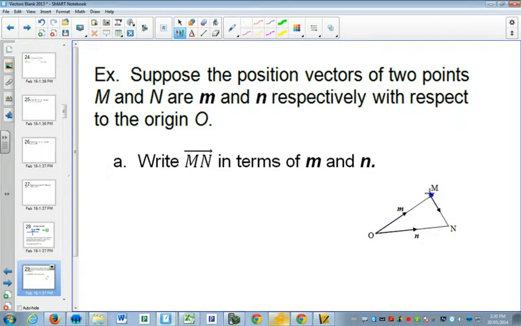Well, I could go this way to O, negative m, so m to n. I would first go negative m. That's a vector, so I'll put an arrow over top of it. And then I would add n to it. And that would be the same as getting from m to n. Part B,